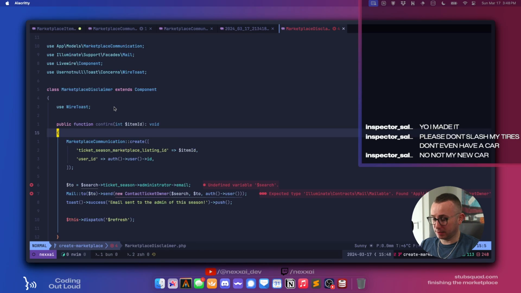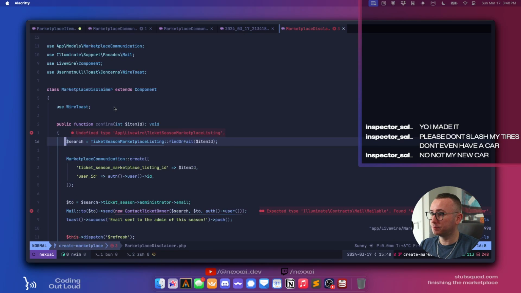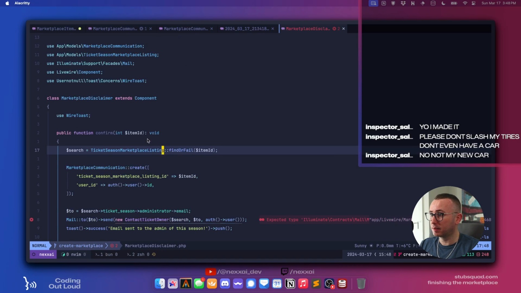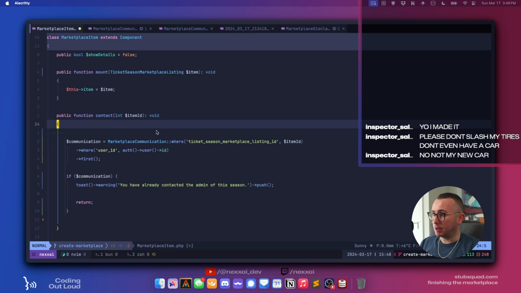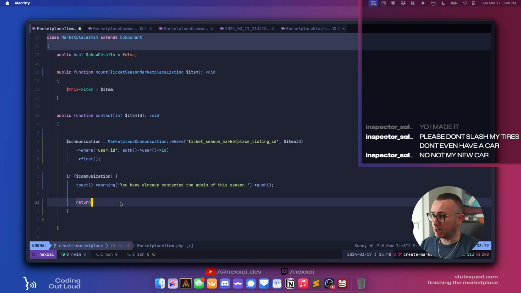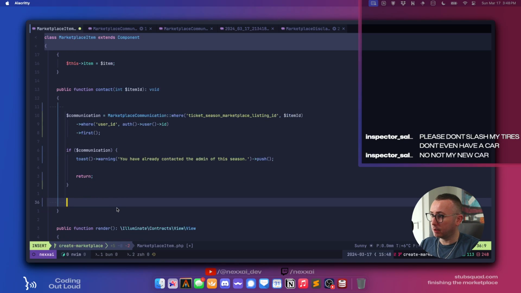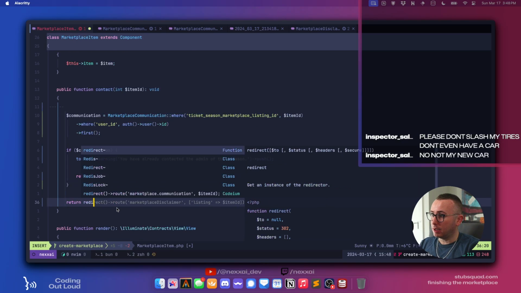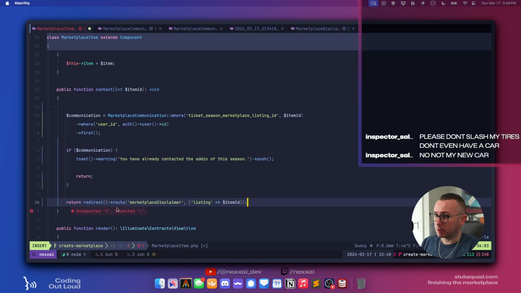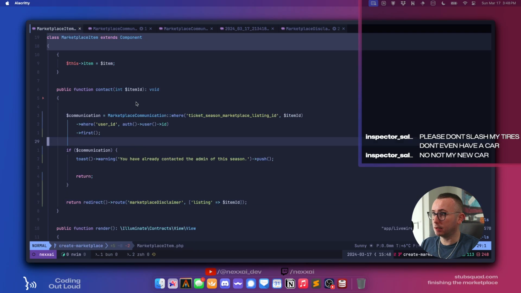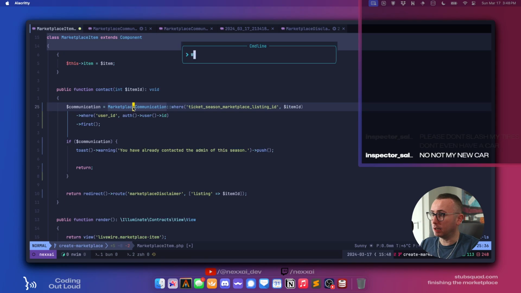Okay, so we can paste that in. So yeah, if they contact, now we want to say return redirect route marketplace listing, because we should be getting the item ID there.